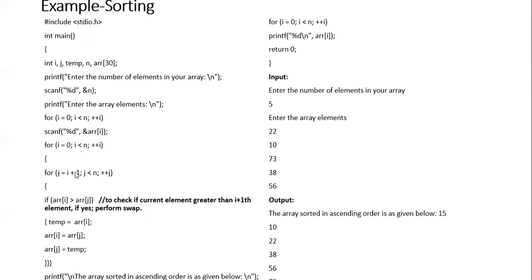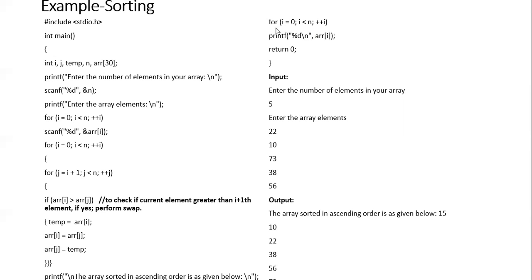Likewise, first 1 and 2 are compared, now 2 and 3 will be compared. When 2 and 3 are compared, if 3 is lesser, it has to move to the second position. So again it will move to temp, then it gets swapped. For swapping we need to follow this procedure. Finally everything will be swapped, and now we are going to print it out in ascending order.